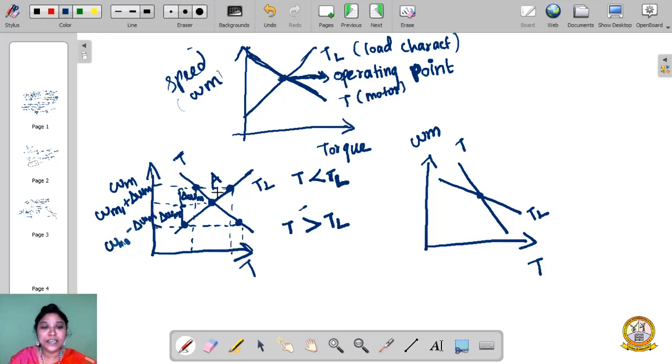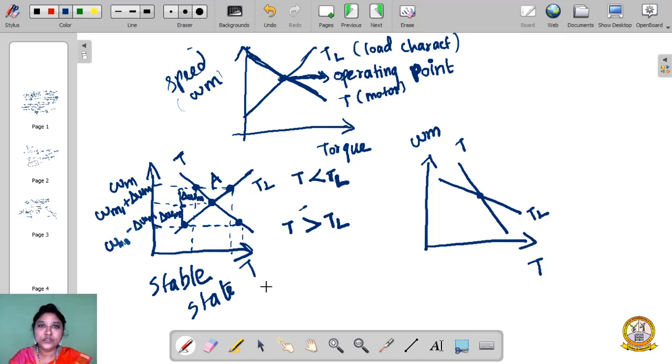So in both cases, while increasing the speed and decreasing the speed, we make some disturbance. Whenever we make the disturbance, it reaches the point A. So what is the condition? It reaches the equilibrium point. So this case is stable. We call this a stable position, stable state.